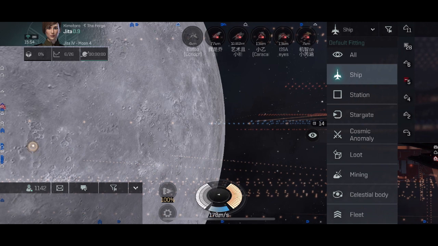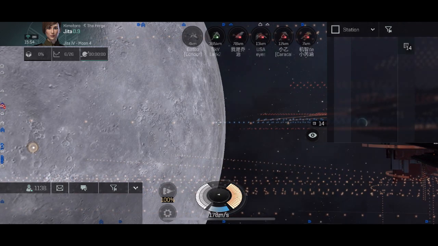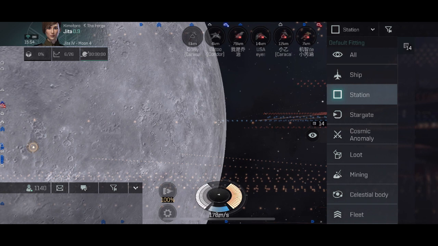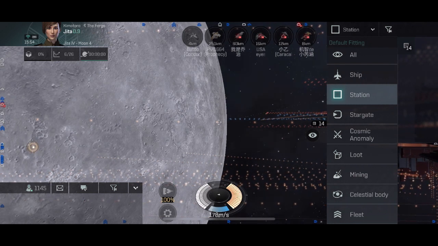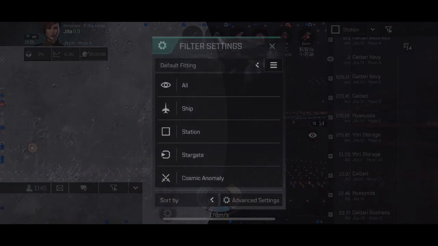Then moving on, we have some useful tabs that come with the default overview, like stations with all the stations, Stargate with all the Stargates, cosmic anomalies, loot, mining, celestial body, and fleet. So, if we move on to my custom overview,